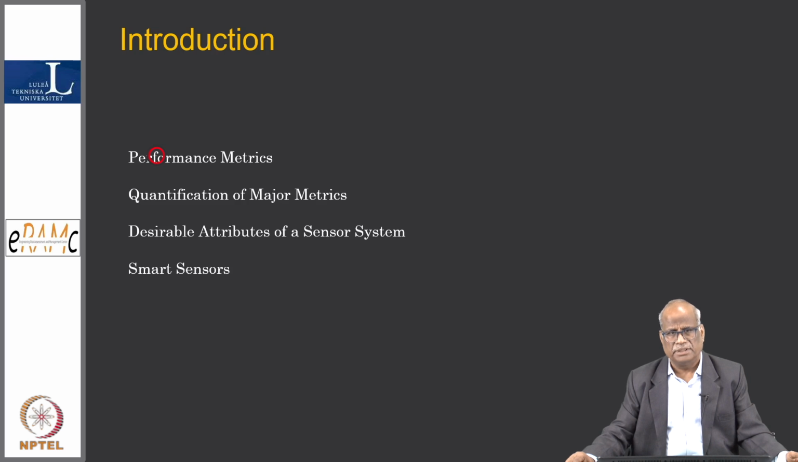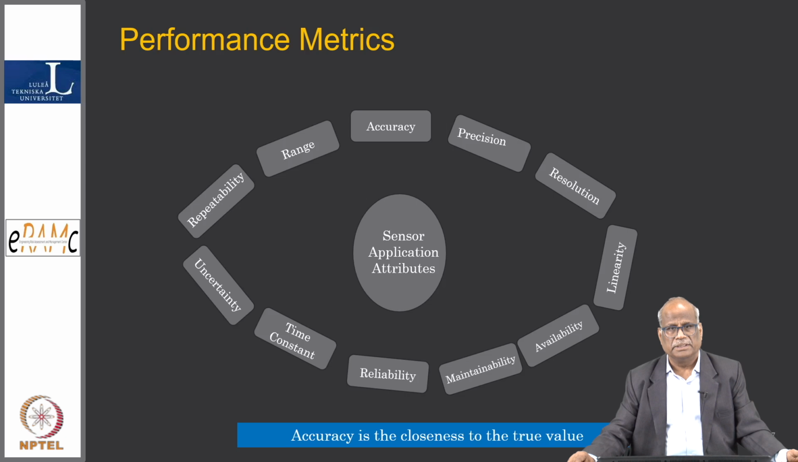Quantification of measure matrix. Let us say, because of paucity of time, I will demonstrate on accuracy matrix, and one more parameter I have taken, how we can estimate, because unless I do some testing and collect some data from the plant, I will not be able to say how accurate my system is. So, that quantification we will do. Desired attributes of sensor system and smart sensor. Now, we are into the era of smart sensors. So, you can say performance matrix here,